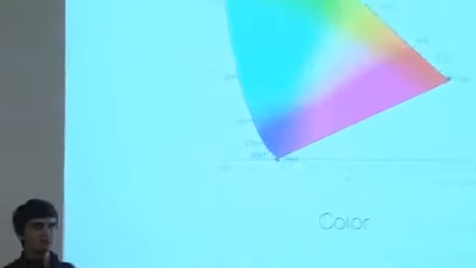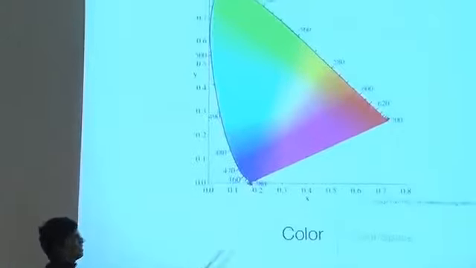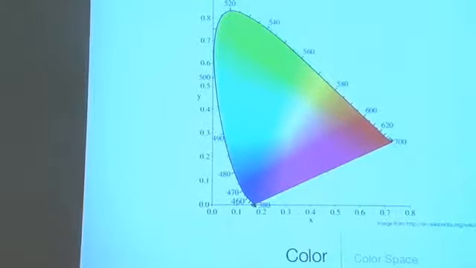Now, because we are looking at, say, a computer screen, or because we are looking at a projector, either of these devices are not capable of producing the entire color range that's available to us for viewing. So it's going to be some smaller subset within this that a computer or a projector will be able to